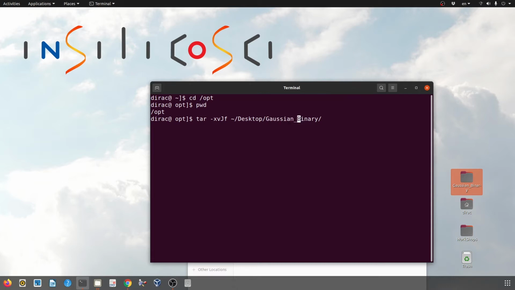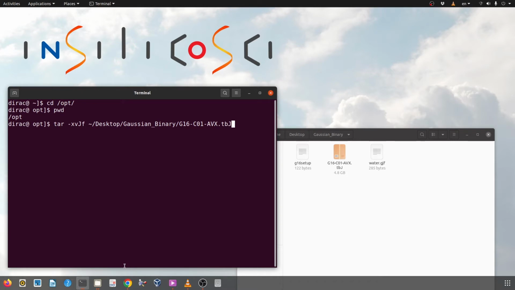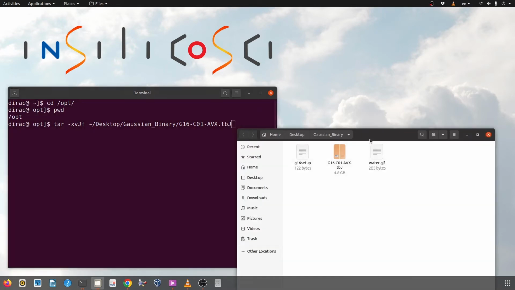And I said this because I know it causes a lot of confusion for novice Linux users. Okay, tar is a command for extracting compressed and archive files, and you need to specify the path and the name of the compressed file, which is G16 C01 AVX dot tbj. Okay, here a problem that may confuse some users is that different Gaussian binary files, actually different archive of